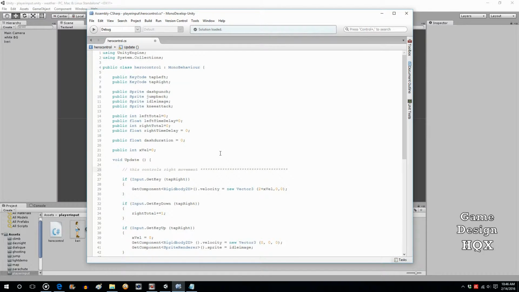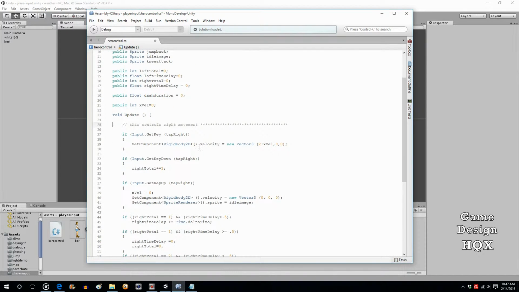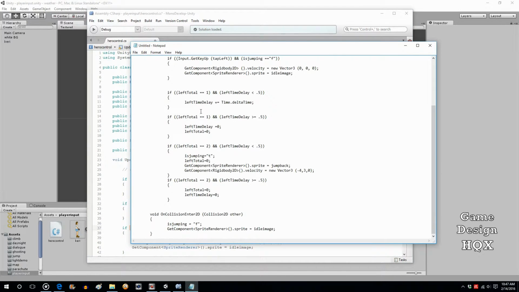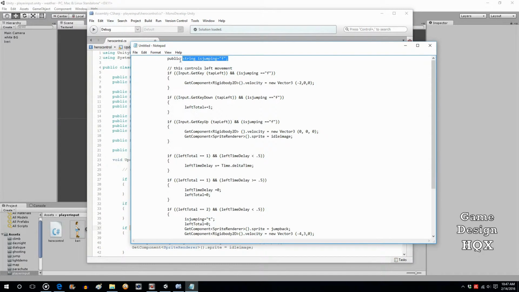An additional complication is the fact that once we get the jump back in place, we have to modify these to say, okay, if you're jumping back, then you can't do these. So unless you're very explicitly making a game where, say, it's a one-on-one fighting game and they're jumping back but they can shoot forward, you would have to modify it accordingly, but at least this gives you the basis for it. So, first things first, we need a variable